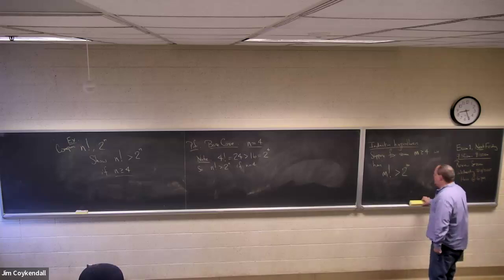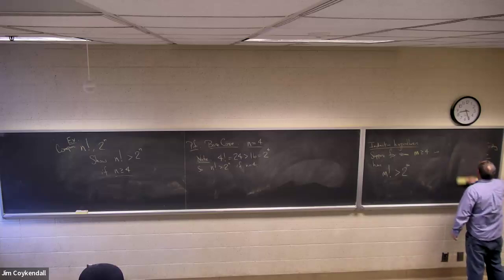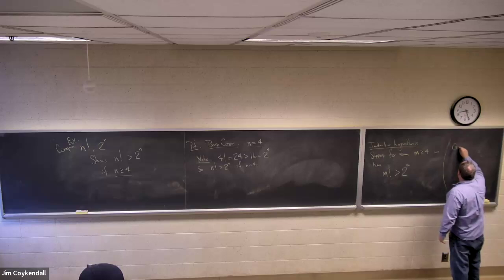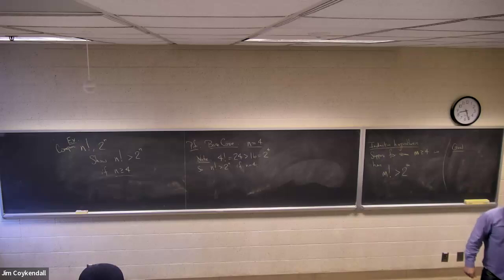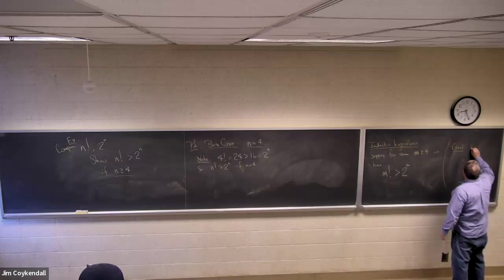Now, let me write all of this down. Here's our goal. This might be part of your scratch work if you're writing this up formally. Probably shouldn't be part of your final write-up, right? I'm writing this down here so I think about where I want to go. Where am I heading? I need to show